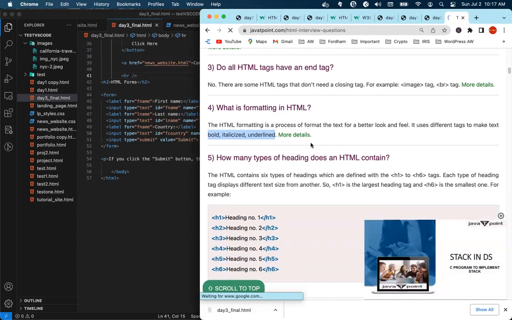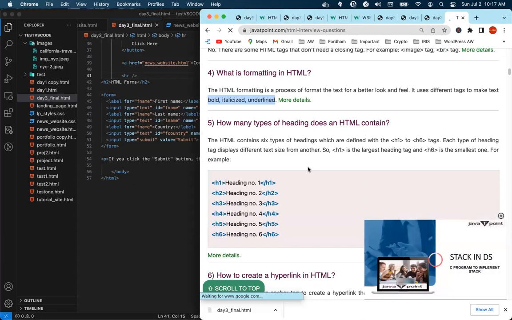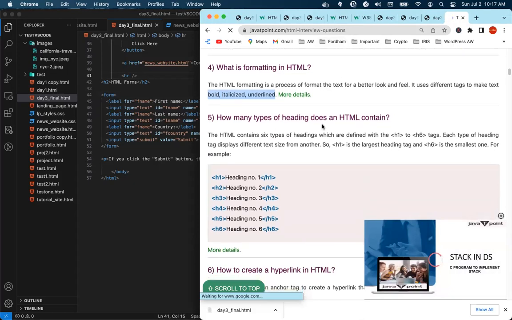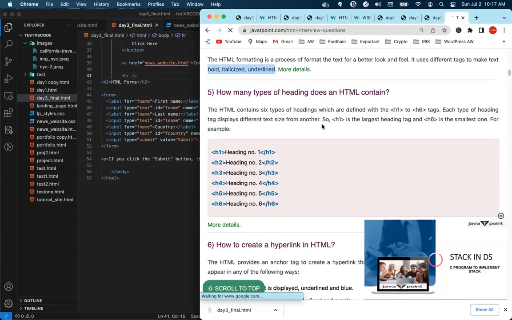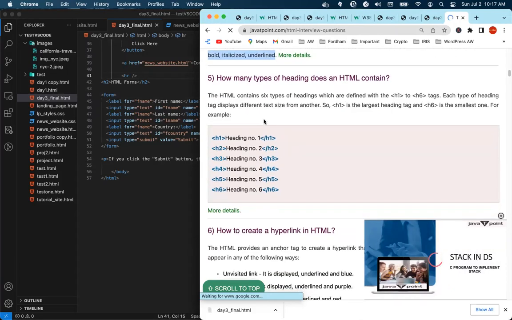Can you copy and paste this website into the group so we can? Oh, and the time is also over, right? Okay. So yeah, we can read about it. That's Java